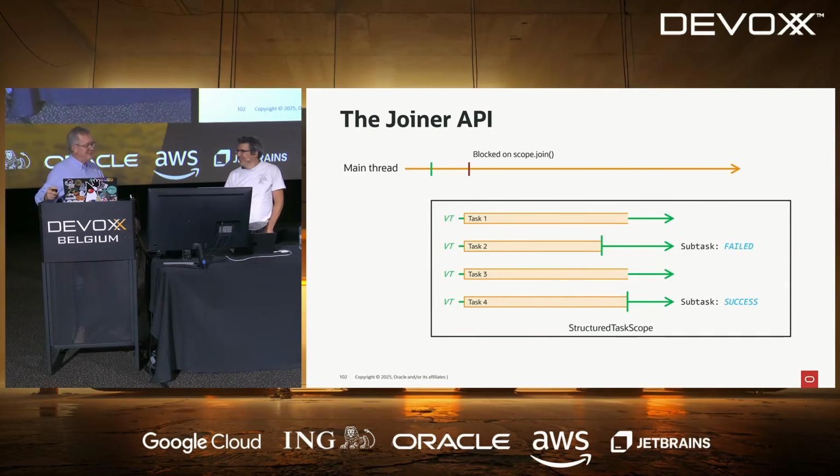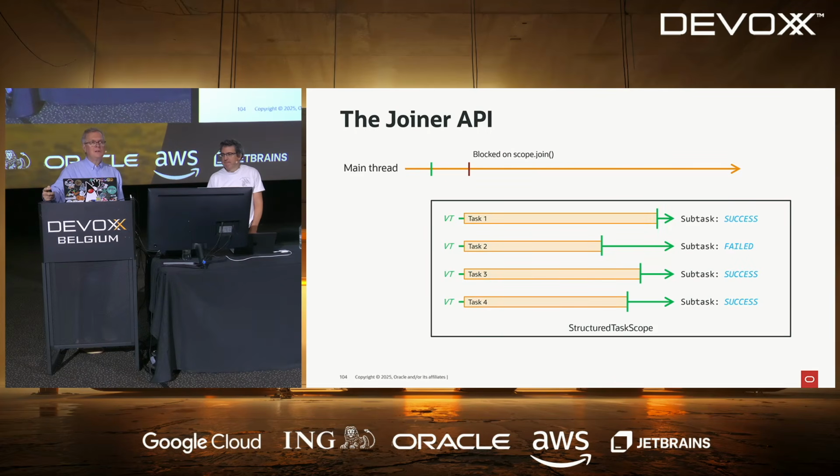So you have a result. Great. And then same for the next task, and then the same for the next task. All right? When all these tasks are done, either with a success or a failure, then your join call will return. All right? And then you will be able to get this subtask object, because this subtask object, remember, is returned by your fork call.